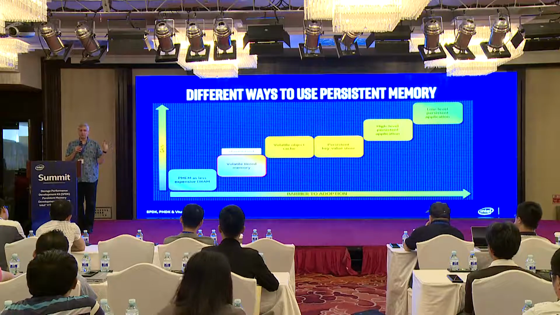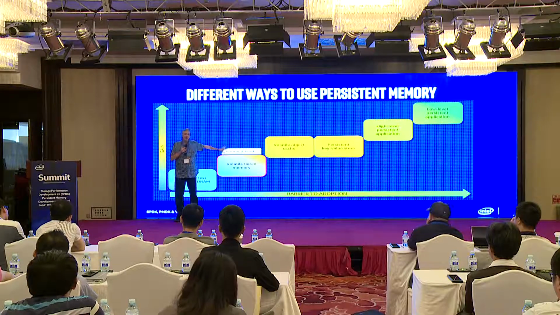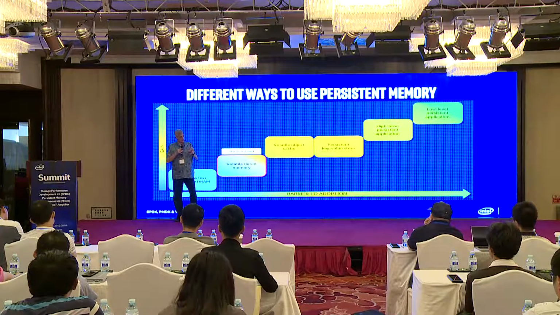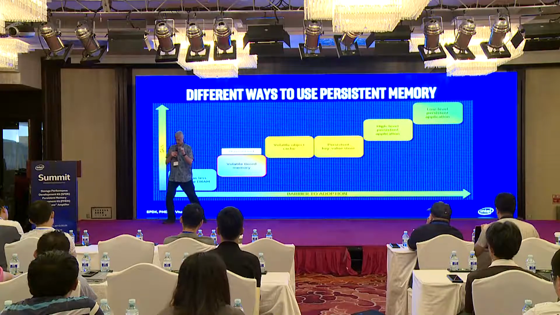You use it in volatile mode. But you modify your application. So if you modify your application, you use libmemkind. That's an allocation library that knows about different kinds of memory. You could say, oh, I want to allocate DRAM for this data structure, but I want to allocate persistent memory